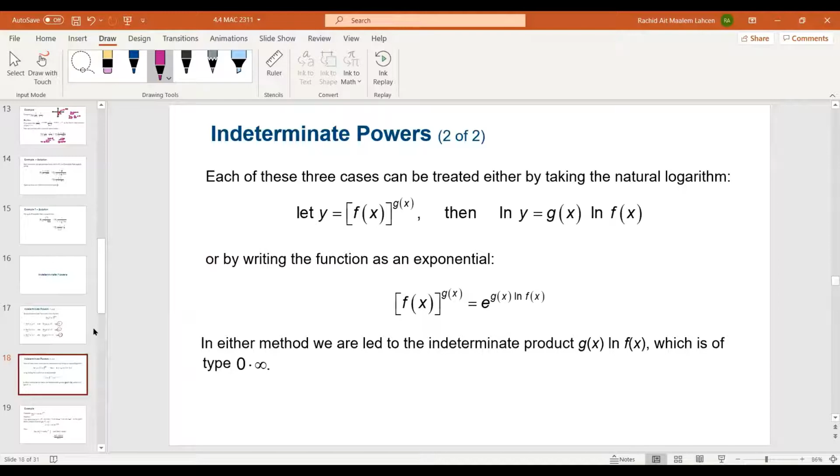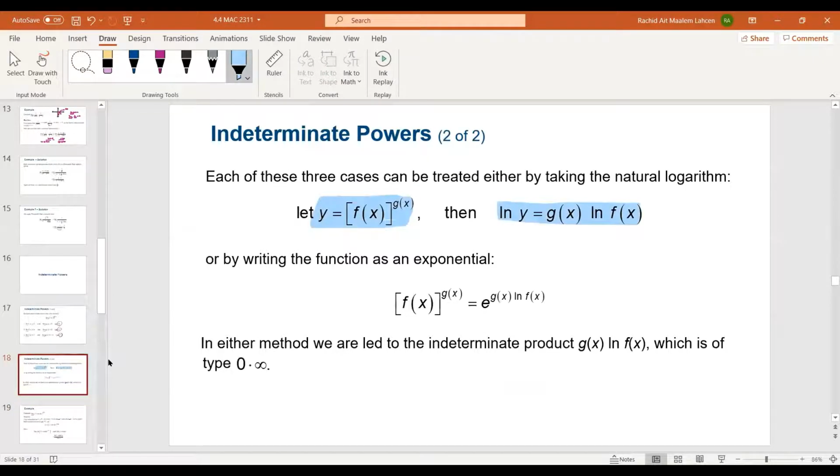So it's a similar idea here. We're going to use the log. The process is going to be, if you want to find this limit for y, and it looks something like this, right? What you can do is take the log to both sides. That will allow you to switch the power to a product, you see. And when you do that, it's going to give you that